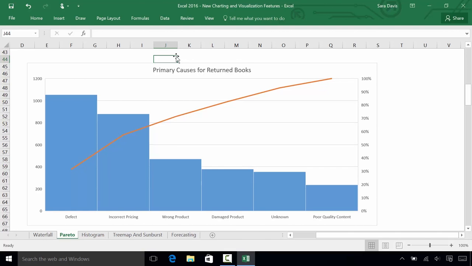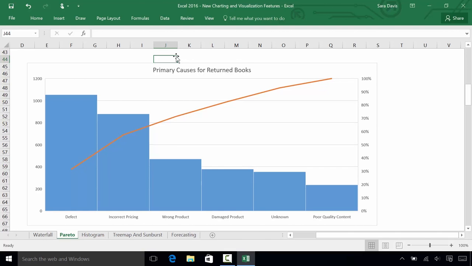From the orange Pareto line in the chart, we see that this means defects contributed to 30% of all book returns. Moving up the Pareto line, Katie sees that by improving on just the top 3 reasons for returns, defects, incorrect pricing, and wrong products, the bookstore owner can address over 70% of the returns. Because processing returns diverts manpower and reduces customer satisfaction, it is detrimental to Katie's bottom line. This quick and easy root cause analysis enables her to take immediate action to reduce the number of returns and